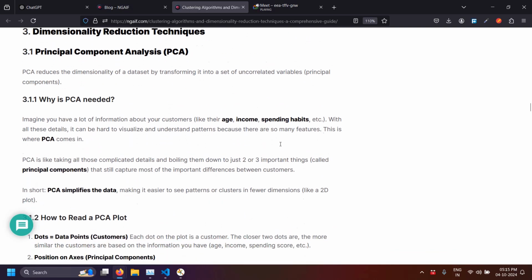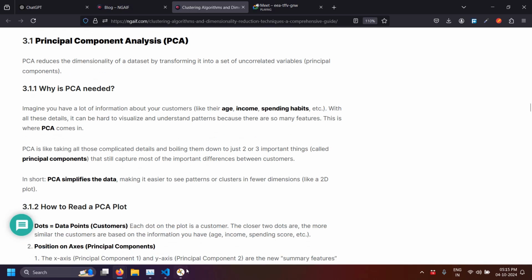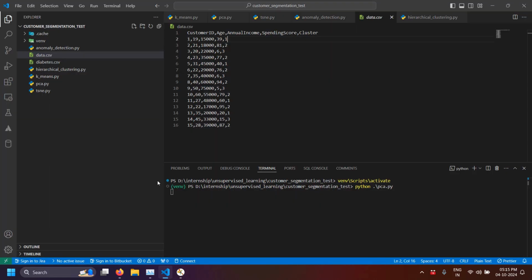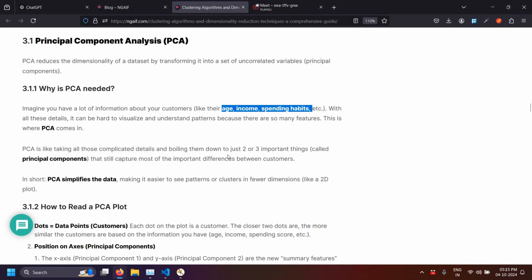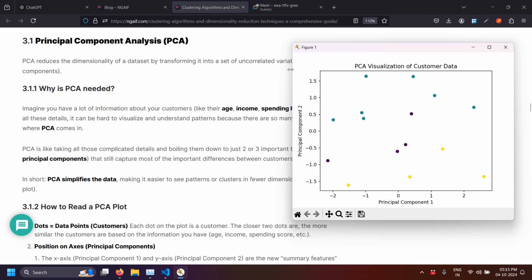Okay, let me revise this topic one more time. This is principal component analysis, PCA. Why do we use it? If we have too much data about customers or anyone like this, then we have to plot many charts, 5 to 10 charts, to make sense out of it. But this PCA technique will automatically reduce them to two-dimensional or 2D data